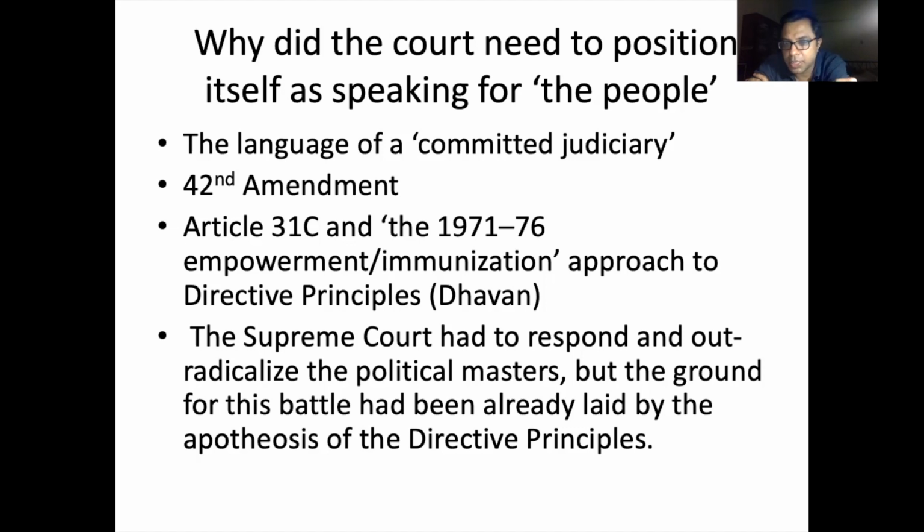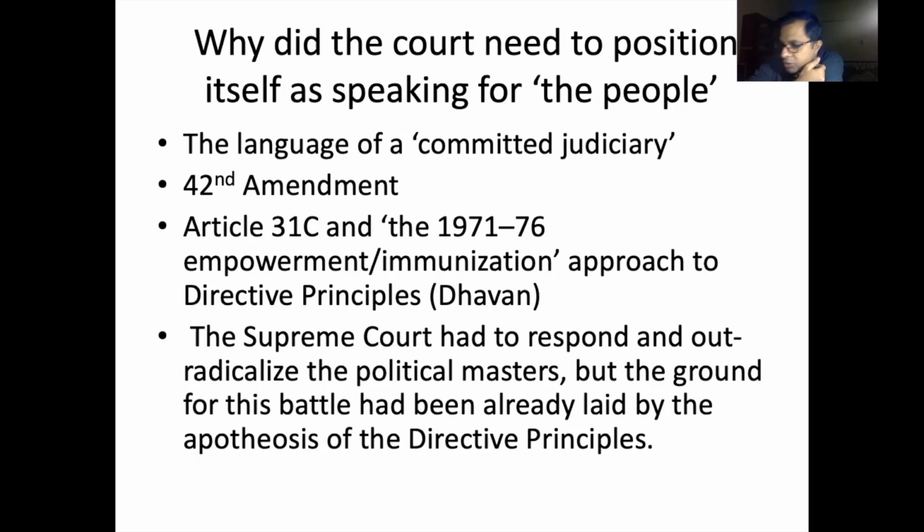which in a sense goes against the design of the new Constitution itself, but the kind of constitutional revolution that we've seen in the last 50 years has been precisely about this turning on its head of directive principles and fundamental rights. And in this process, PIL was a very important instrument because